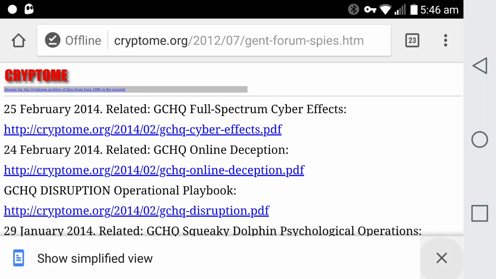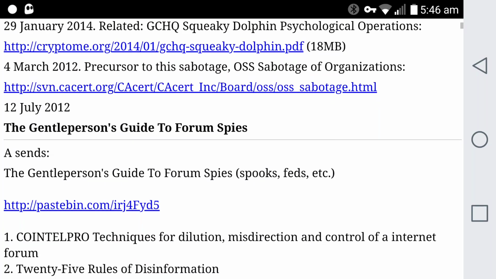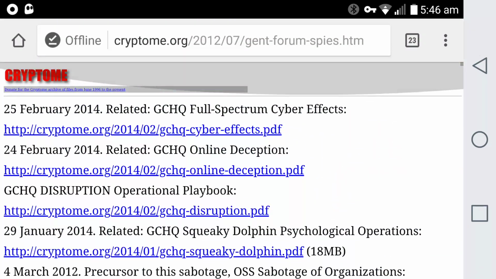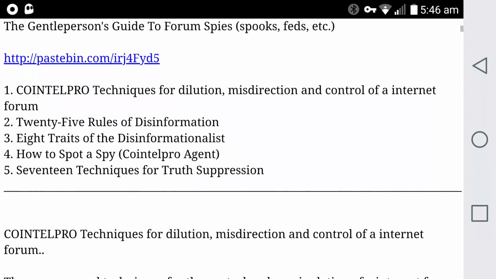Hi, it's just a quick one on the Gentleman's Guide to Forum Spies. I've downloaded this offline in case it goes missing, but I'm going to leave a link to it anyway, and